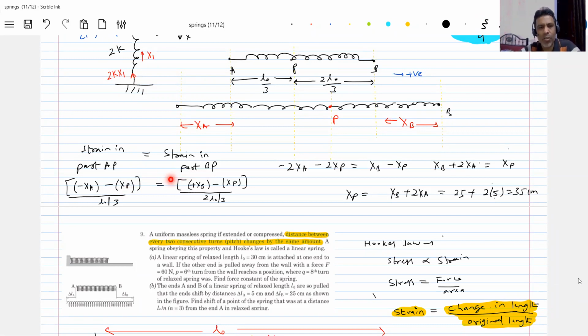See, altogether, what will happen to the spring? The displacement of NB is how much? 25 centimeter. This is 5 centimeter, no? So all parts of this spring will not have the same displacement in all directions. There can be some point which will be at rest, no? I think nobody made this observation. There'll be some point on a spring which will be at rest. So therefore, this particular formula should be like this.